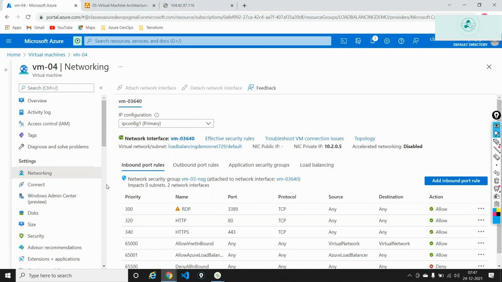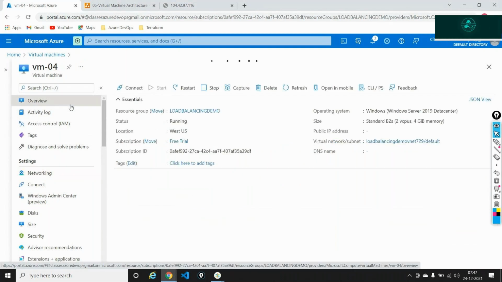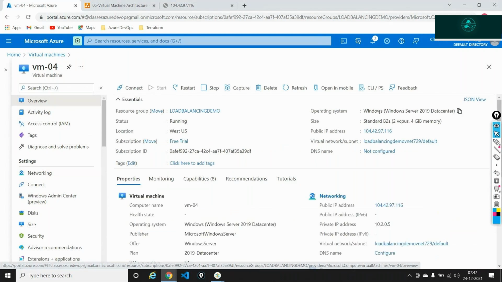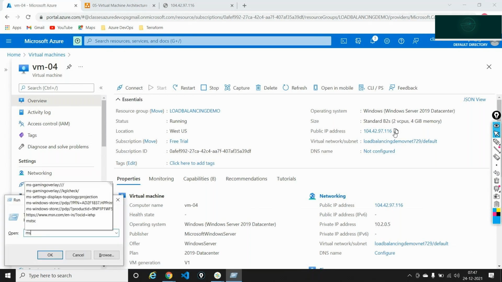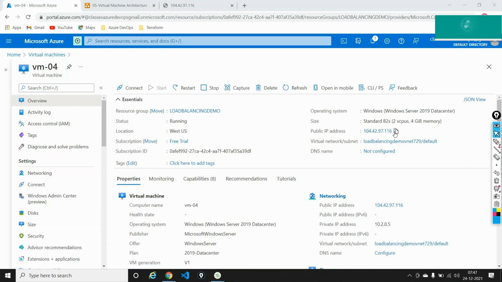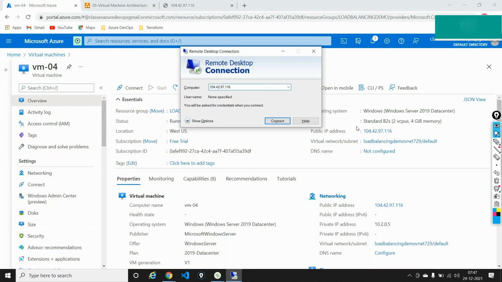Meaning, what I did is that I disassociated the virtual machine from the public IP. I said, okay, fine, deny the public IP address. And this is the public IP address of a load balancer. This is not a public IP address of the virtual machine. So if I take this public IP address, and say MSTSC, go to the RDP service and try to do an RDP inside it,